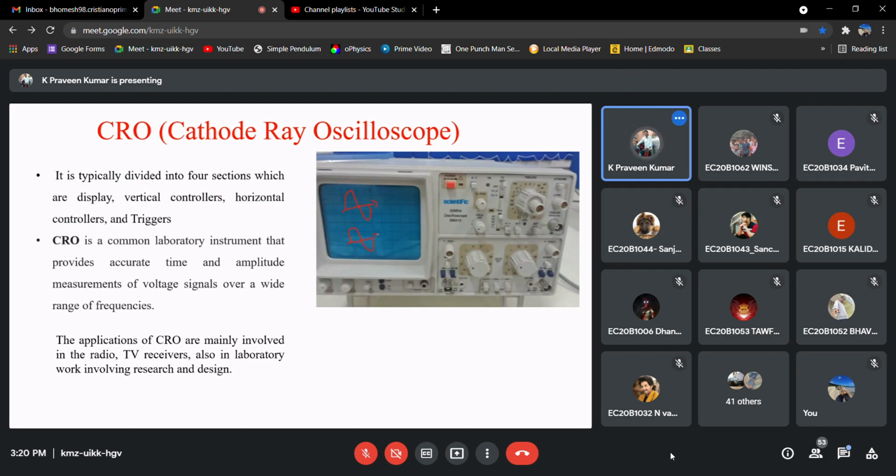This is to display your signals properly. So for that we are using these knobs. This also introduces some DC shift internally, so that you can easily see the waveforms separately.